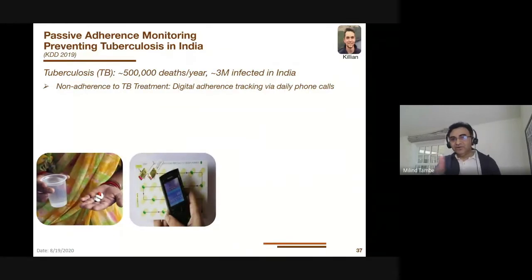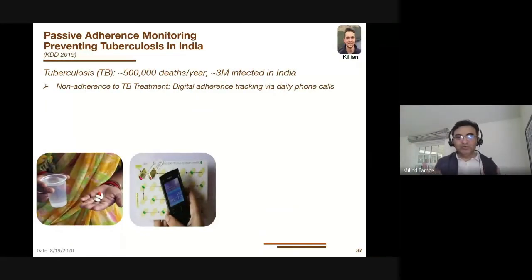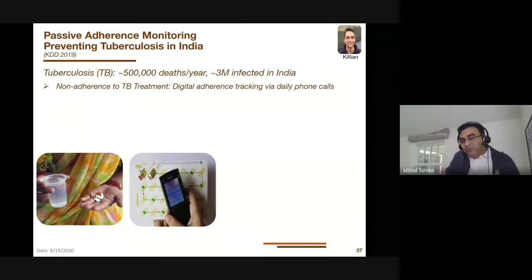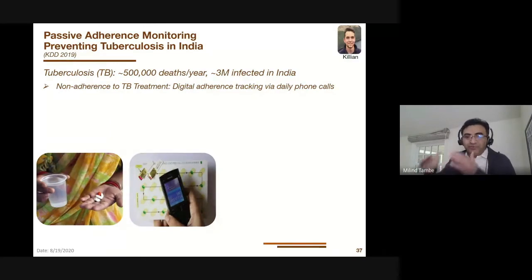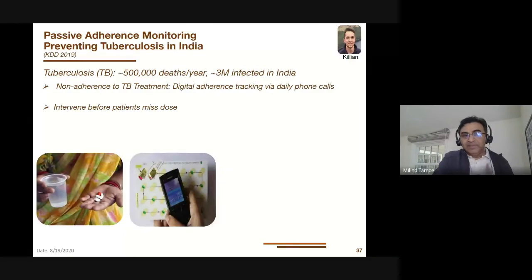So if somebody doesn't call for a few days, they can intervene on that patient and say, hey, you've got to take your pill. Maybe go to their home and say, you haven't been taking your medicine, you need to take your medicine. But of course, you can't send health workers to all of the TB patients' homes. So which patients should we focus on? We want to know this before the patients actually drop off, before they stop taking their medicine and stop making phone calls. So to intervene before patients miss doses, we want to predict who is at high risk of